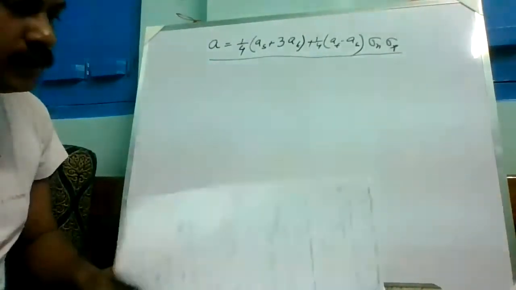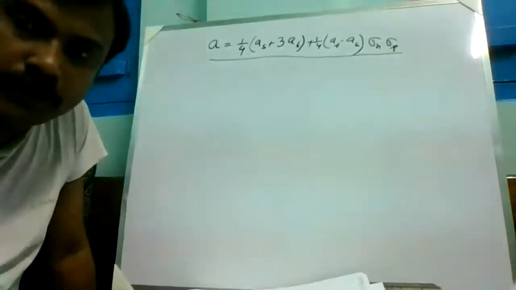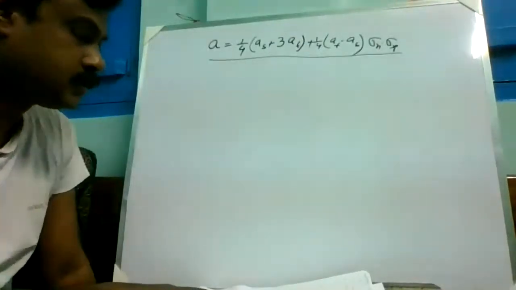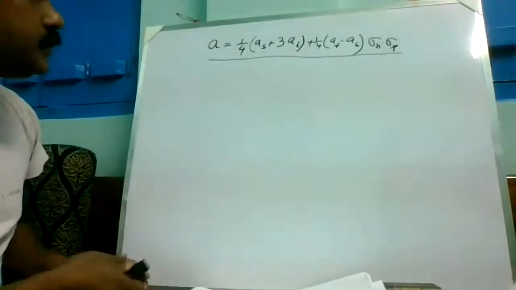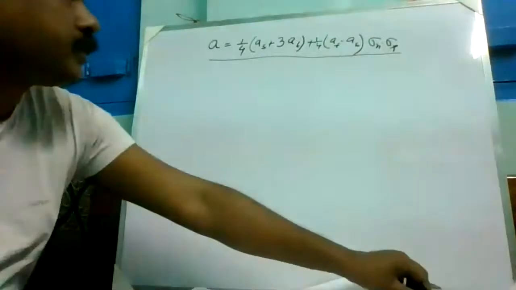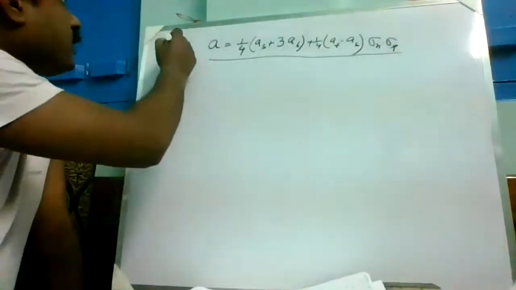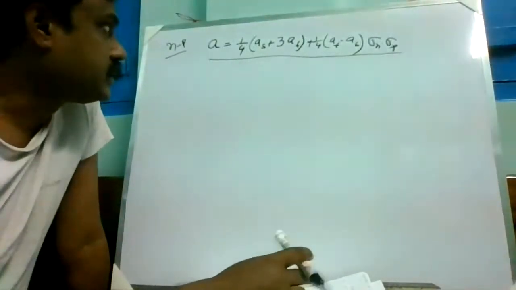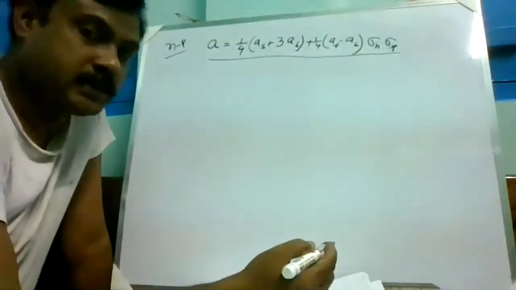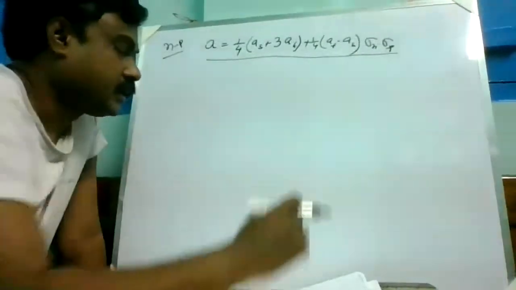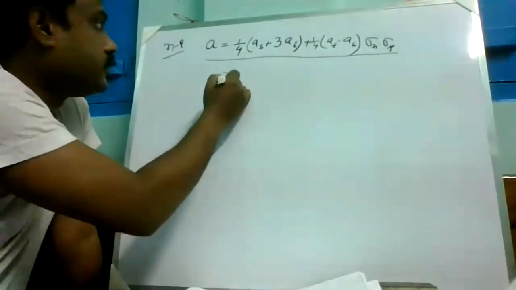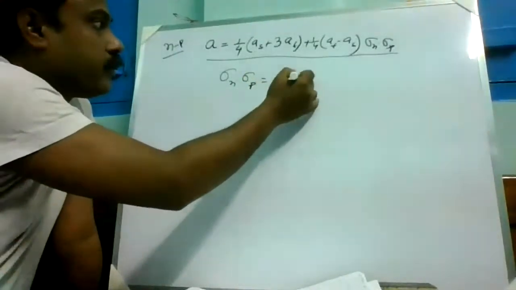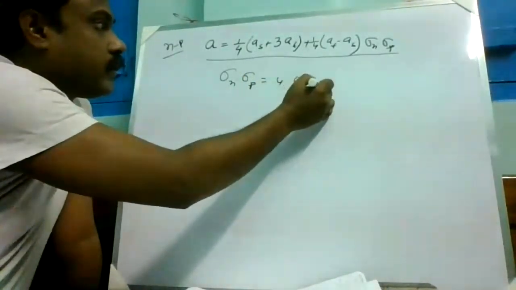We are discussing scattering by ortho and parahydrogen. In the previous class, we came up to this point. The scattering amplitude by neutron and proton is like this, where AS is the singlet scattering amplitude and AT is the triplet scattering amplitude. Sigma n and sigma p are Pauli spin matrices. We have calculated sigma n dot sigma p to be 4 Sn dot Sp,